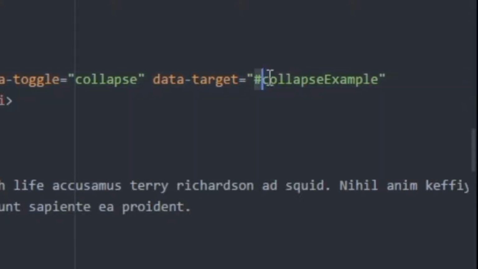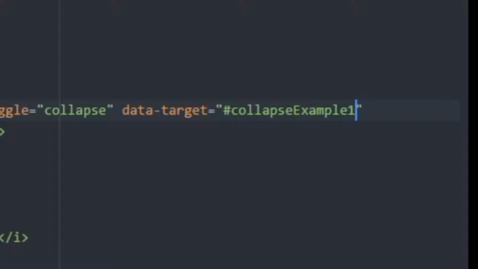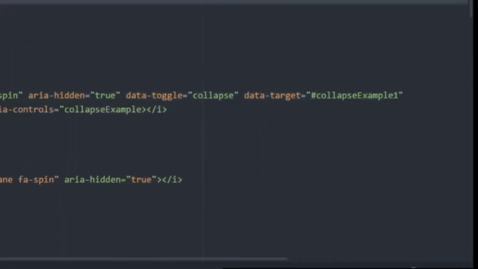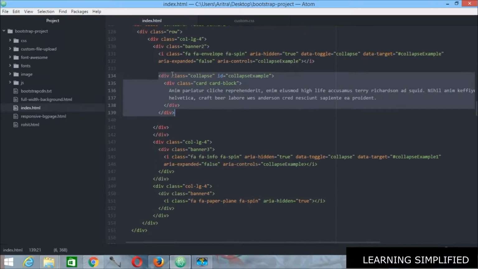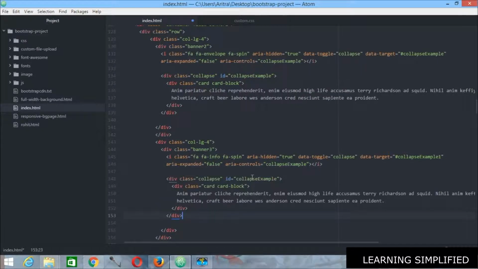Now you have created ID collapse example once, that is why you cannot use it again on the same page. So you need to change this ID into, say, I'm changing it to ID collapse example 1. Now all we need to do is copy this thing again and paste it here. There you go. Now paste it.